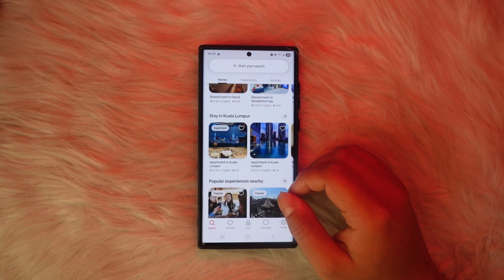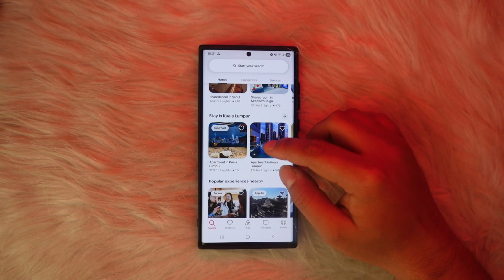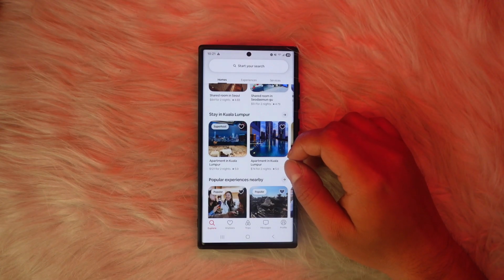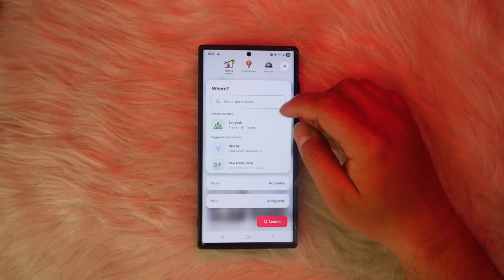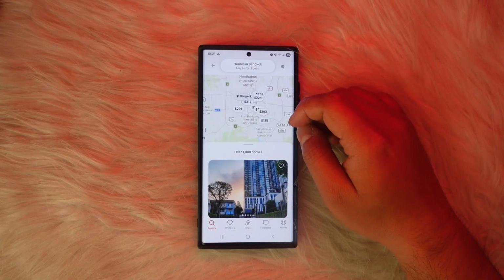How to use Airbnb search filters for self-check-in only options. So if you're someone that does not like to deal with people and wants to have a self-check-in option, what you simply need to do is tap on the search option, and first of all make a search of the